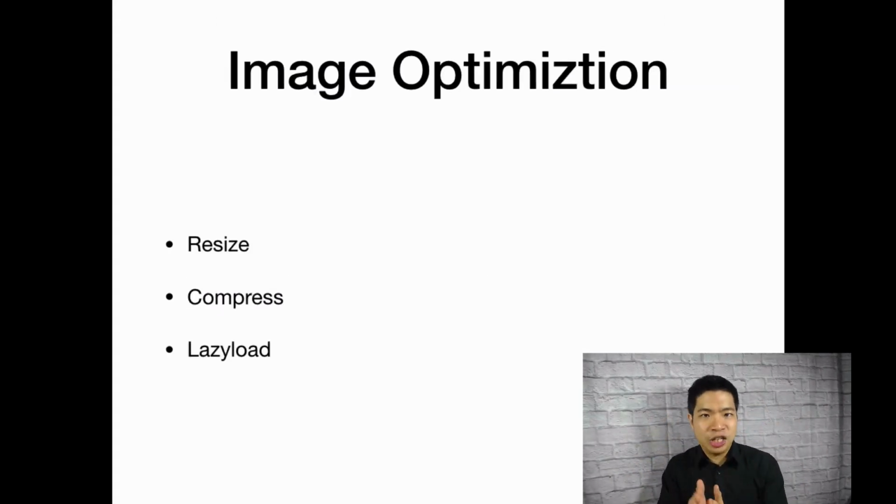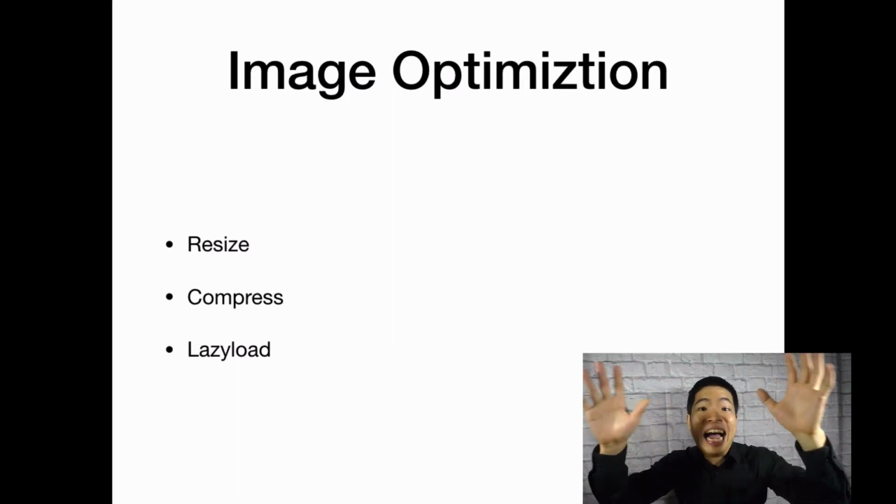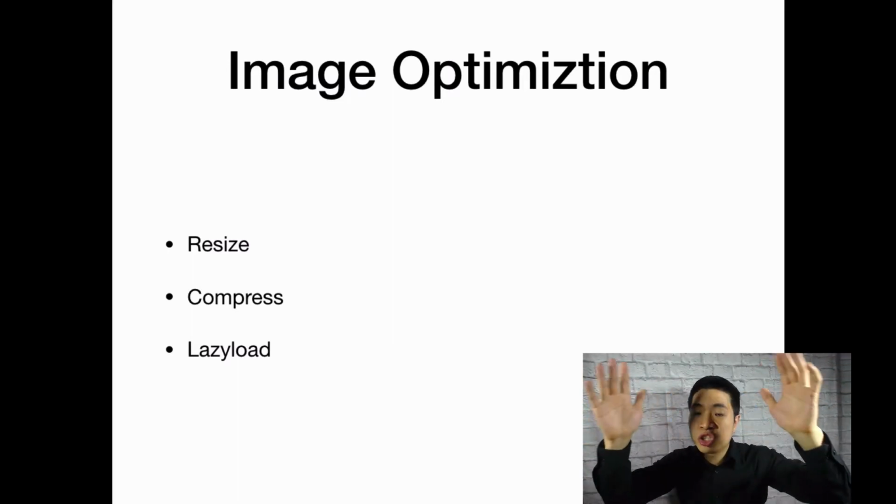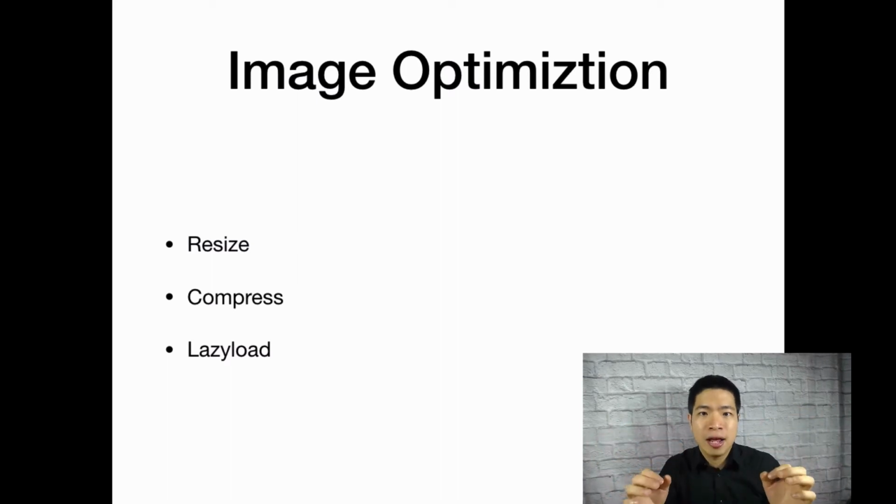So the first thing you want to optimize is your image, right? Image is the easiest one to optimize, but there are so many people who don't even optimize their images. There are three things you have to do. The first one is you want to resize. You don't want to put those giant images in your WordPress site. You want to resize them. Another one is compress, right? You don't want those high quality, poster quality images on your website, because people cannot tell the difference